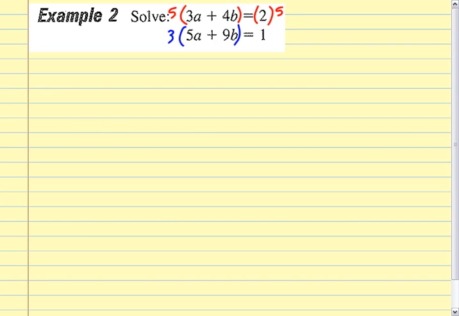Remember, it's algebra, folks. I can do whatever I want as long as I do it to both sides, right? Well, I can't divide by 0 on both sides, but you know what I'm talking about. All right? So now look, let's distribute. That's going to give me 15a plus 20b is equal to 10. And then on the bottom equation, when I distribute, I get 15a plus 27b